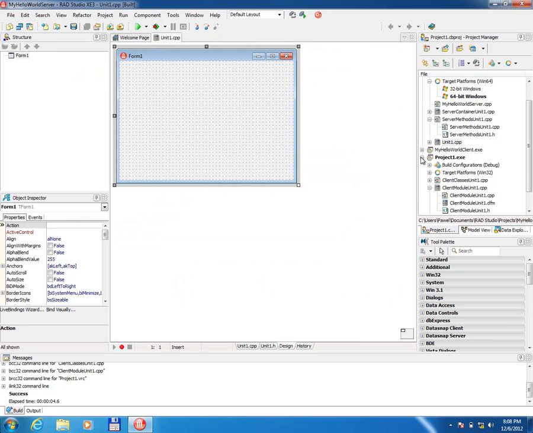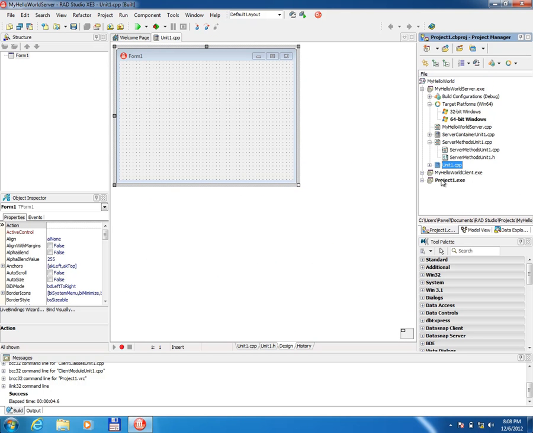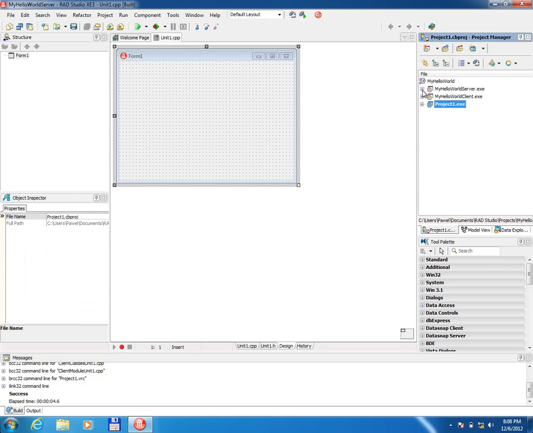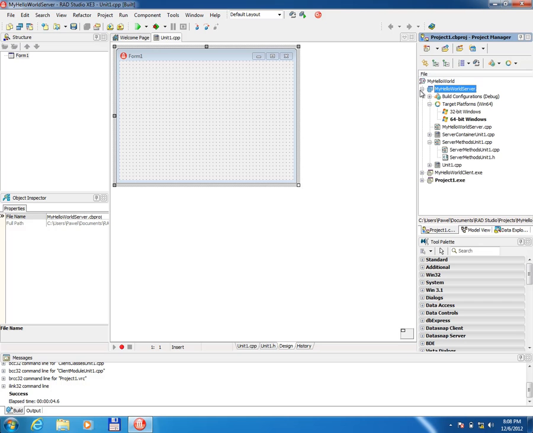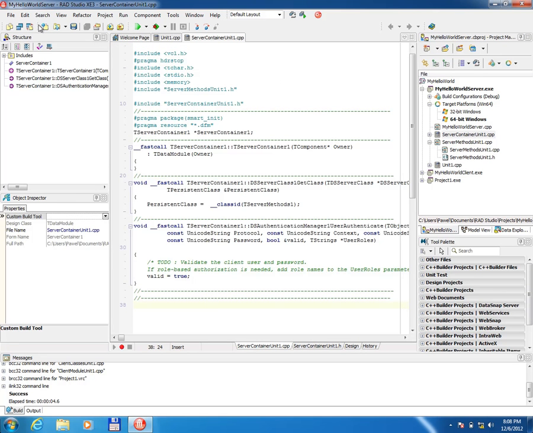So now I'm not really interested anymore that this project has been added. I think, okay, that's my client. I have not saved it, but I'm going to actually modify the server and add a functionality to it to provide authentication and authorization. So here in the My Hello World server, I already added in the wizard the authentication